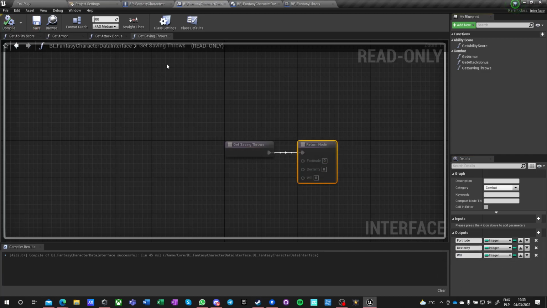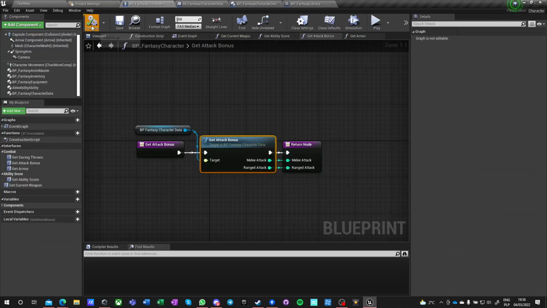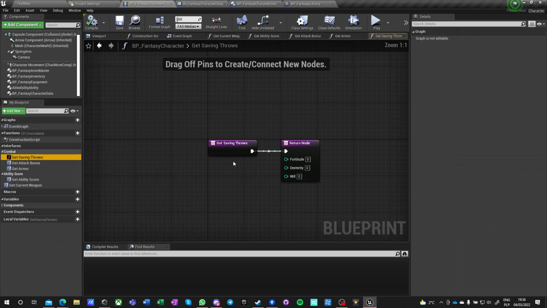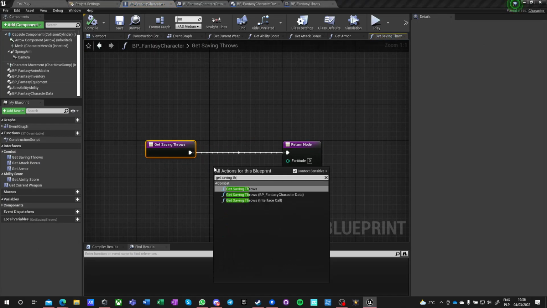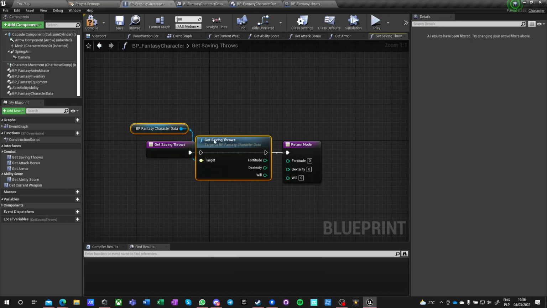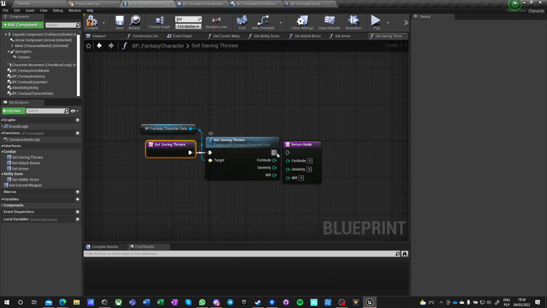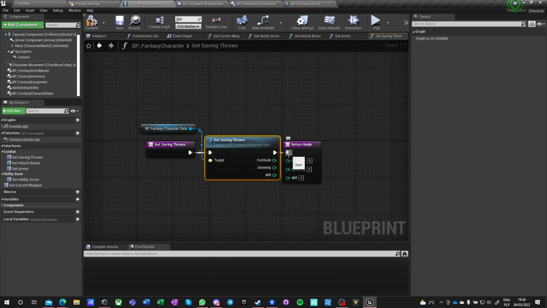They are integers. So this is also in combat. We go into character, standard push forward of everything,